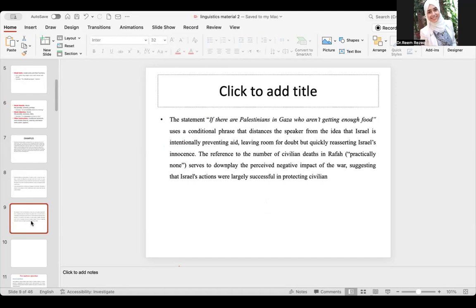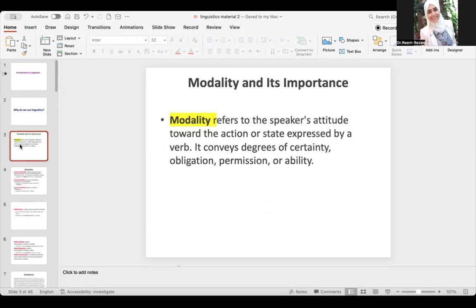Thank you so much for attending this session. This session is talking about modality and how you're going to express modality and use it in different situations in life. So we use it for certainty, for obligation, and even for uncertainty, for permission, for ability. So you have to know this, you have to understand modality and the different kinds of modality